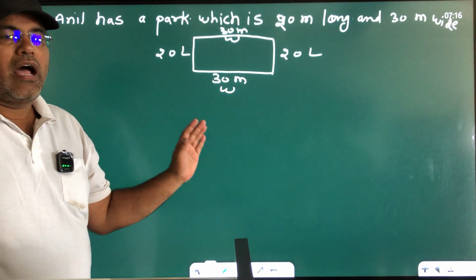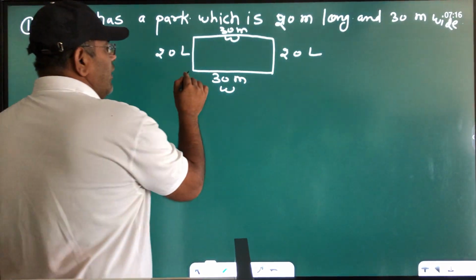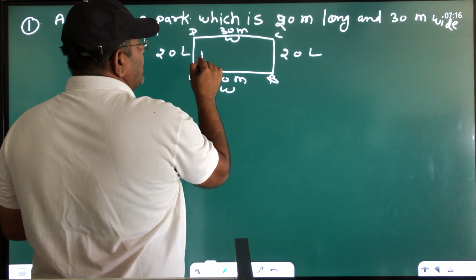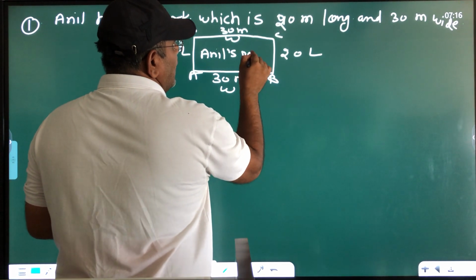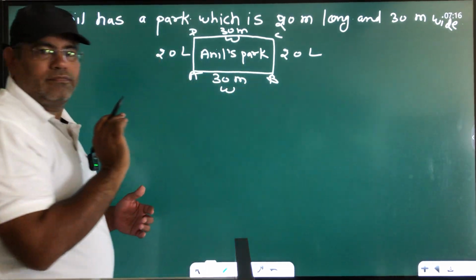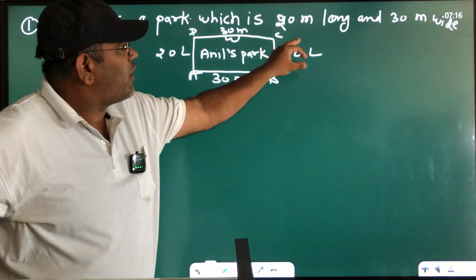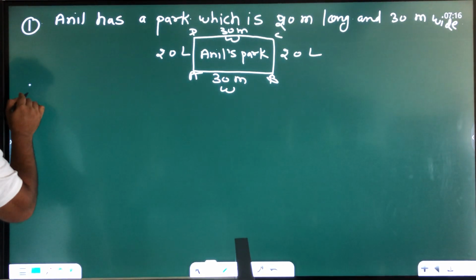It means opposite sides are the same. Like A, B, C and D, and this is Anil's park. Anil has a park which is 20 meter long and 30 meter wide, and the question is saying that Anil